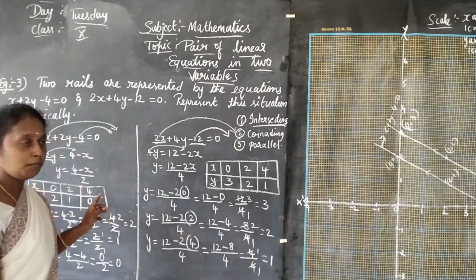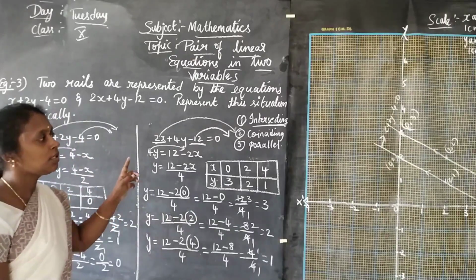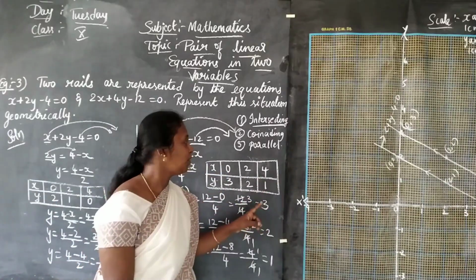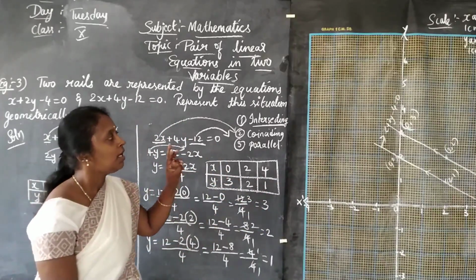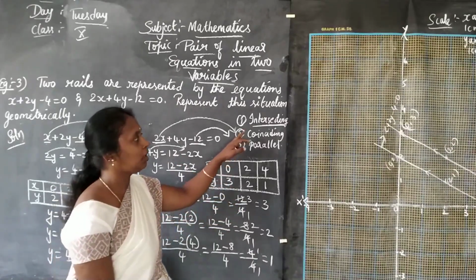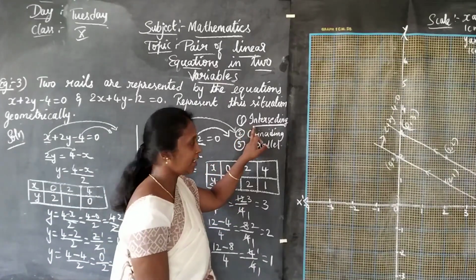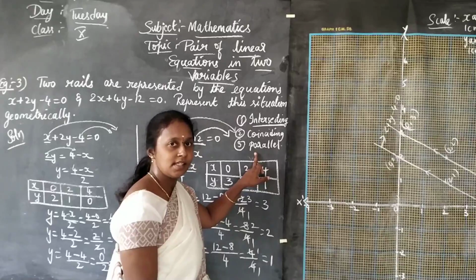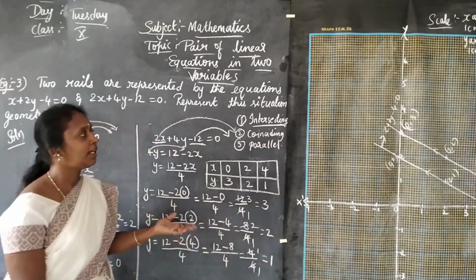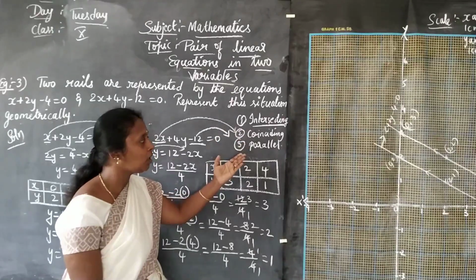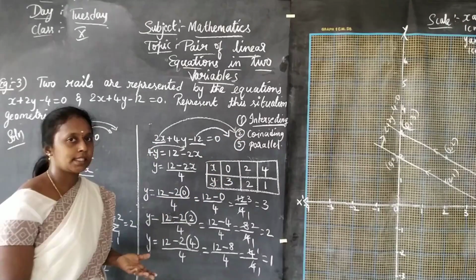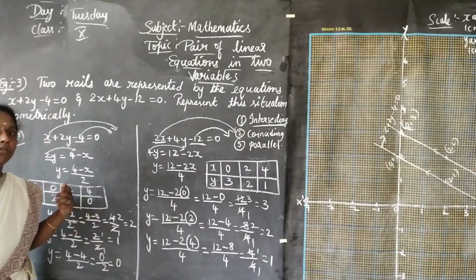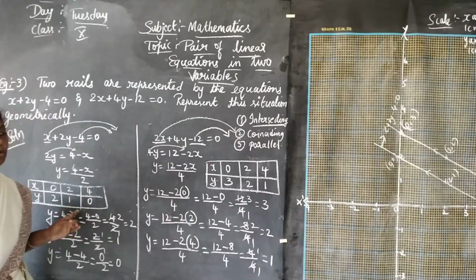So whenever we represent the given equations geometrically or graphically, geometrically we can also say graphically, which types of lines will I get? I can get intersecting lines, coinciding lines and parallel lines. Is it clear? So what type of solutions we will get if it is intersecting, coinciding or parallel, we will study in the next class. Is it clear, children? So please replay the video twice or thrice, understand, and go with completion of the